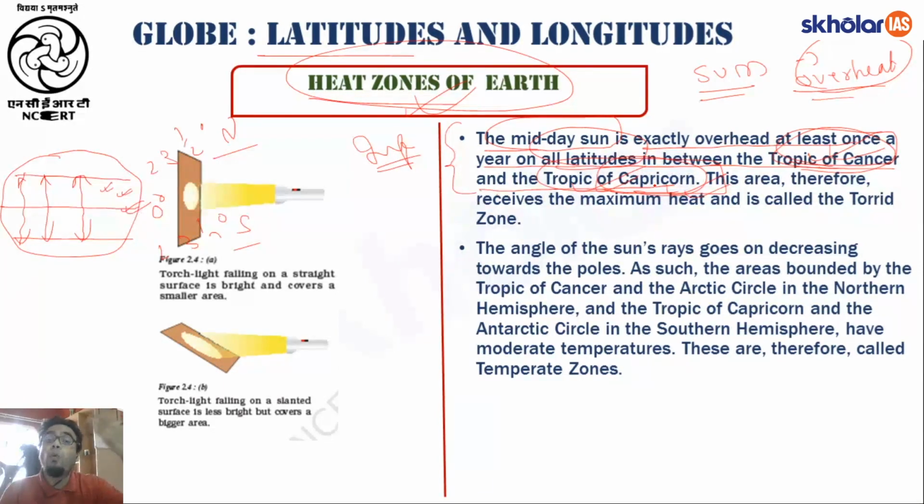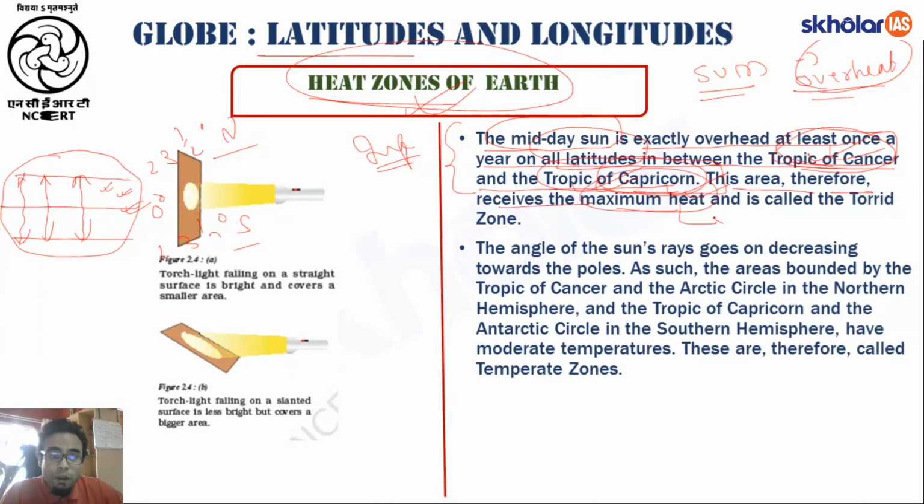Understood this? Now why it happens, we will understand in your higher classes. You do not have to understand this, but for the time being, just understand the fact that the latitudes where the sun is perpendicular will only be present between the Tropic of Cancer and the Tropic of Capricorn. Beyond this, the latitudes will see sunlight, but it will fall upon them obliquely. Very, very important, right?